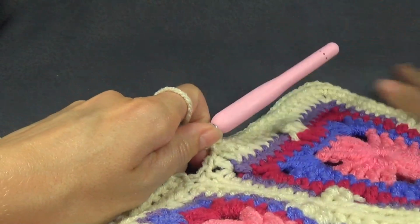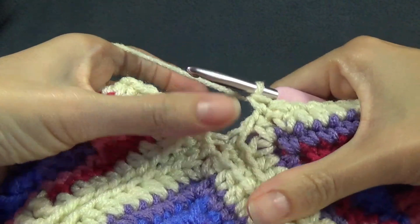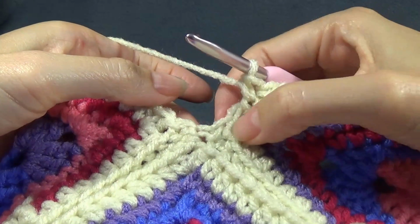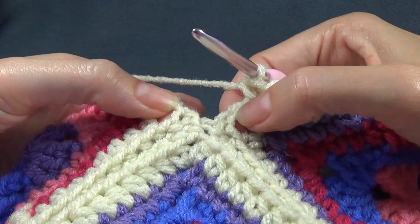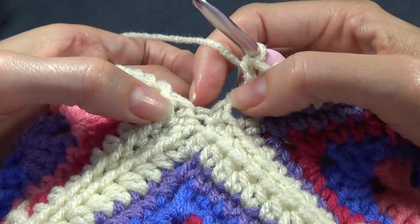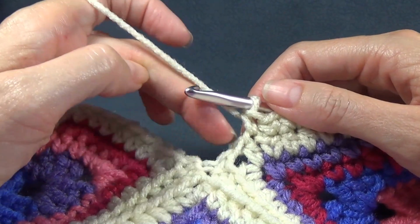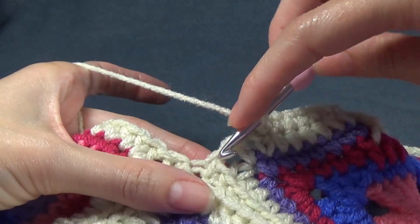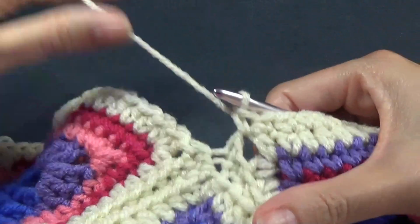So I've worked around and I'm up to now where the 2 squares join together. And you're going to have a chain 2 space on this square, a chain 2 space on that square, and then you're going to have this little bit in between. So what we want to do is work a decrease around these stitches. So I'm going to single crochet in the chain 2 space